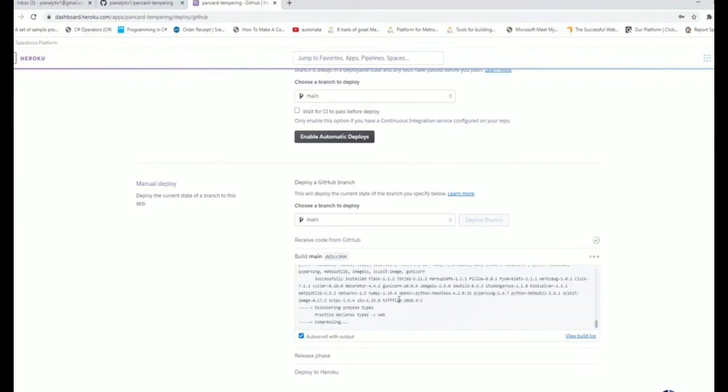It has installed all the packages and now it is compressing our project and converting it into an app. So we'll see that after compressing, it will provide us with a URL, and that URL will be the URL for our app. The total size of our app is 149.7 MB, and this is the URL for our app. It is released. Now let's